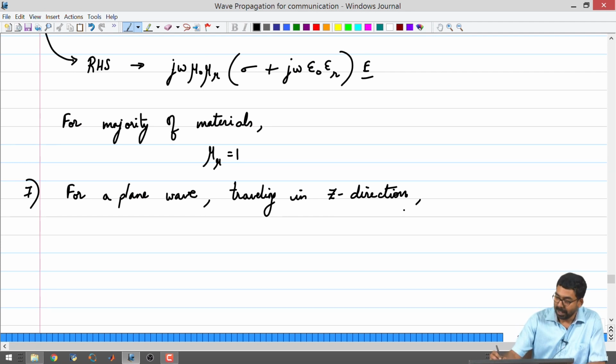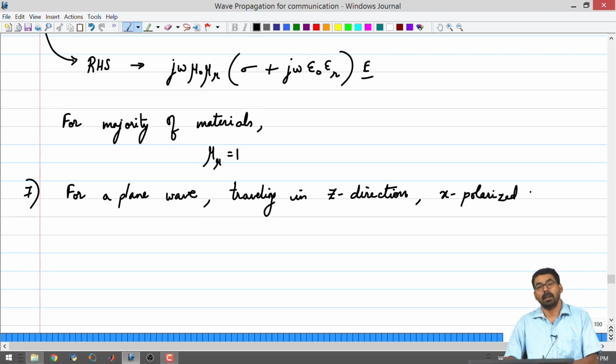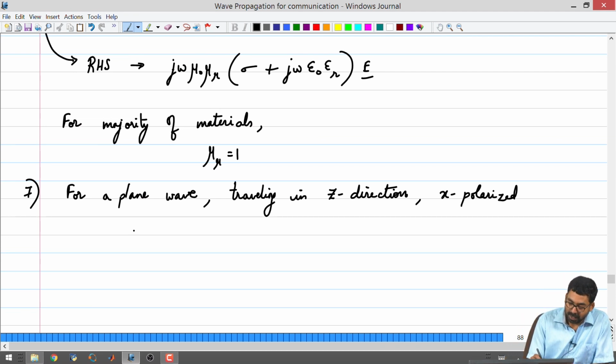So, we say that it is x polarized. So, in the prior classes, we have seen that the majority of the time we took Ex and then we took Hy, and then the propagation direction was z. So, we are specifying that using a verbal statement saying that it is traveling in the z direction and it is x polarized. Okay. So, the wave equation can then be written as